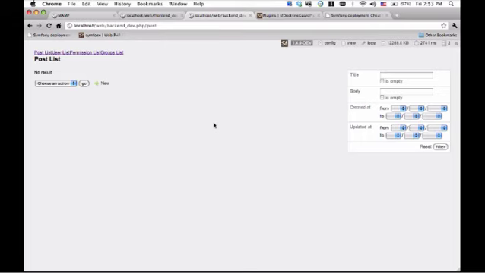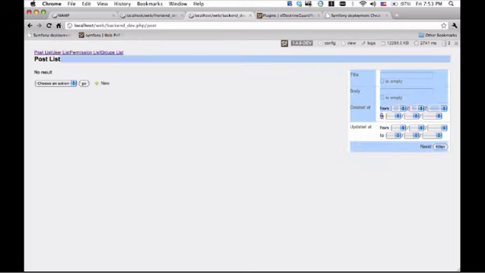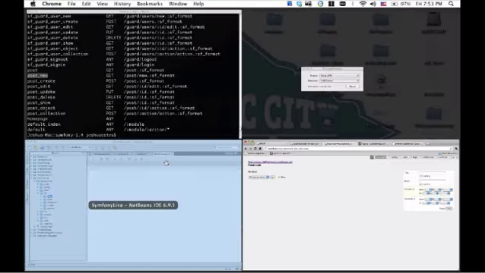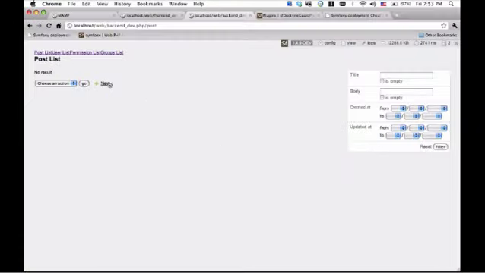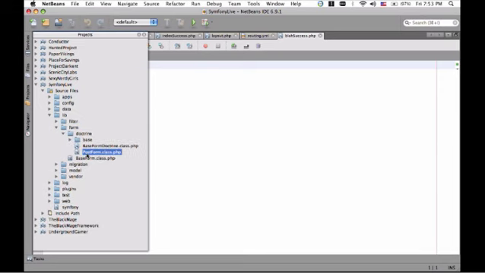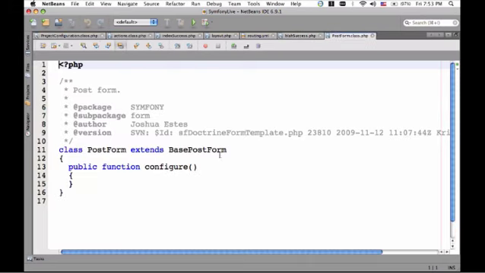So this right over here is actually our post form filter, but what we actually want is the post form. You can find that in the form doctrine. You see here, post form. So you open up that,